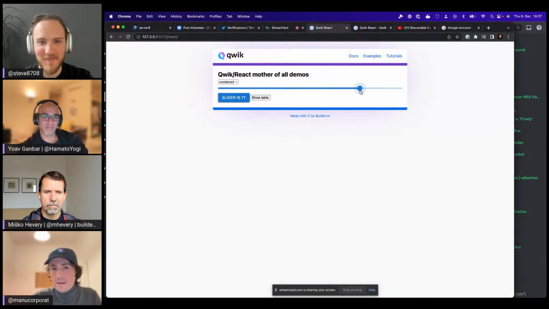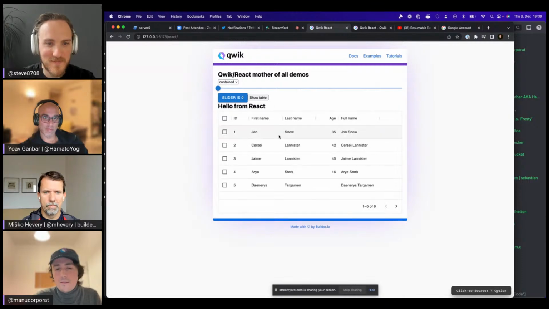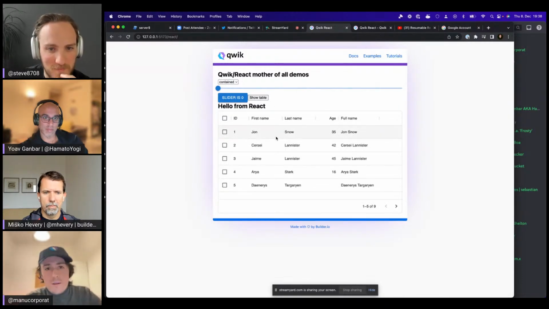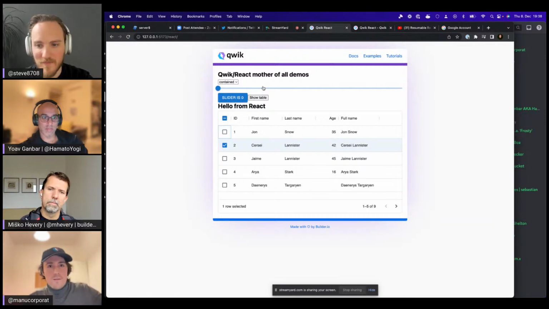These are different components, and I'm just interacting with them. But under the hood, this button, this slider, I can actually click here. It's a huge, complicated React component, using a data grid. It's being used within the context of Qwik, right? And we are just leveraging this big ecosystem of React applications, right?